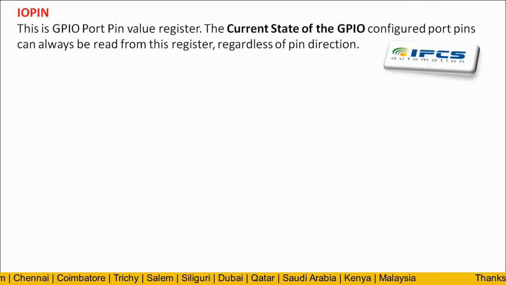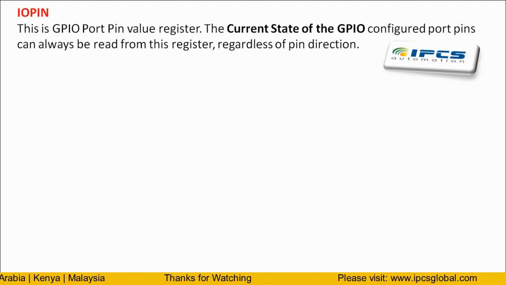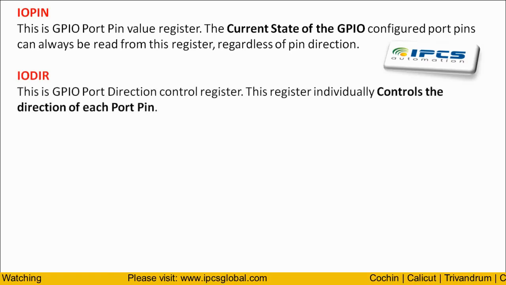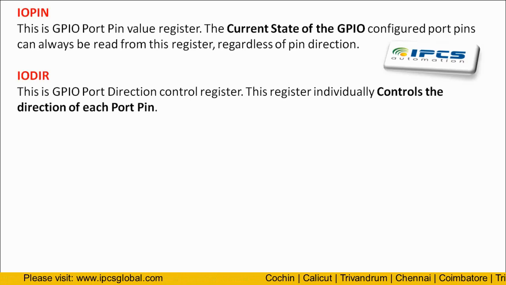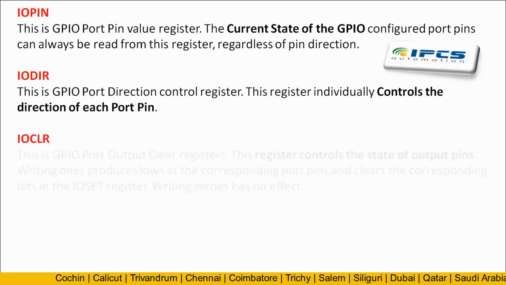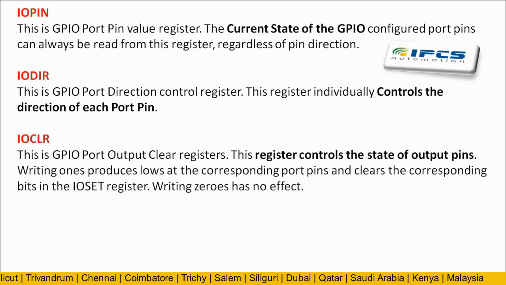IODIR. This is the GPIO port direction control register. This register individually controls the direction of each port pin. IOCLR. This is the GPIO port output clear register. This register controls the state of output pins. Writing ones produces lows at the corresponding port pins and clears the corresponding bits in the IOSET register. Writing zeros has no